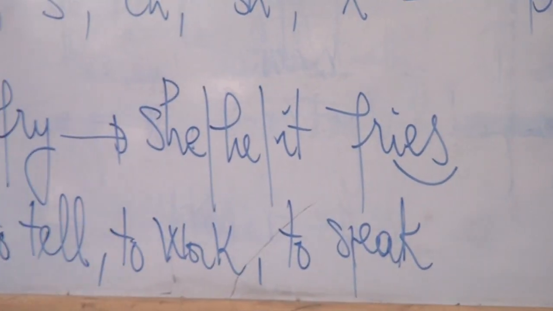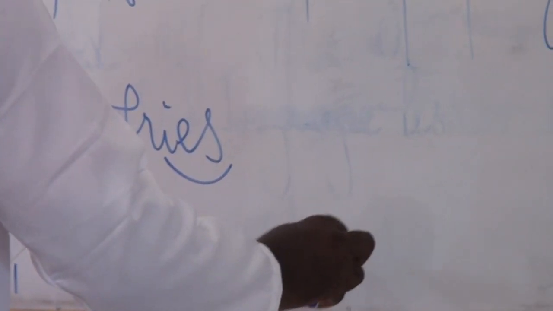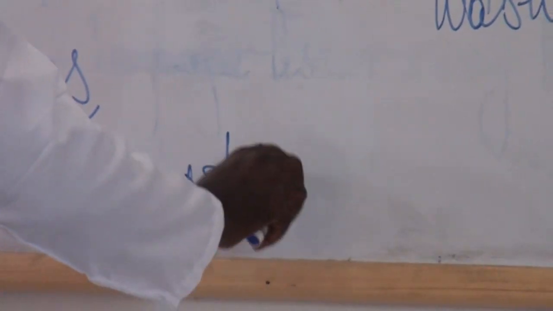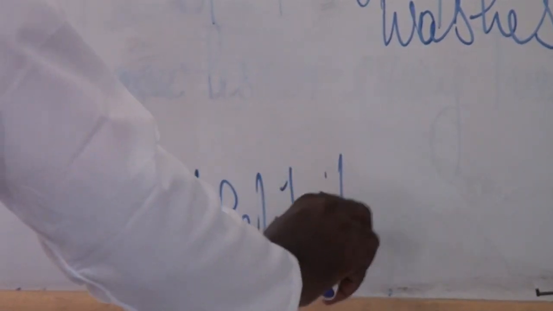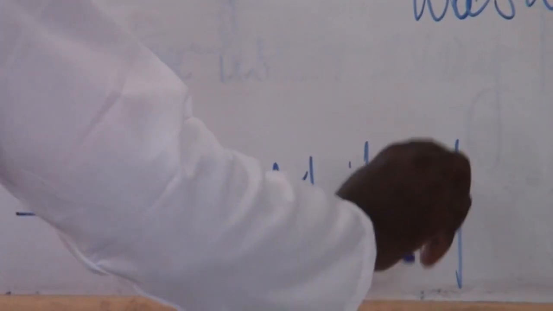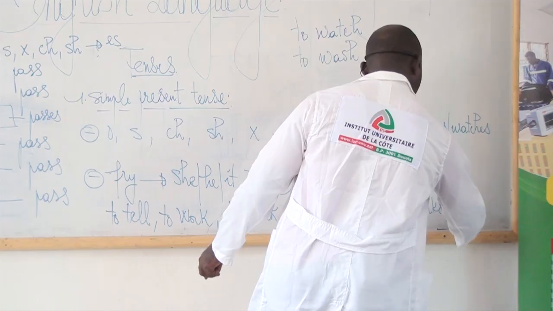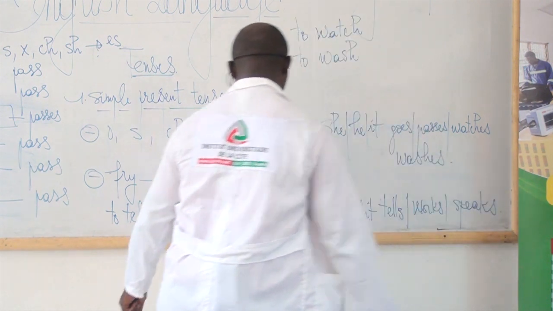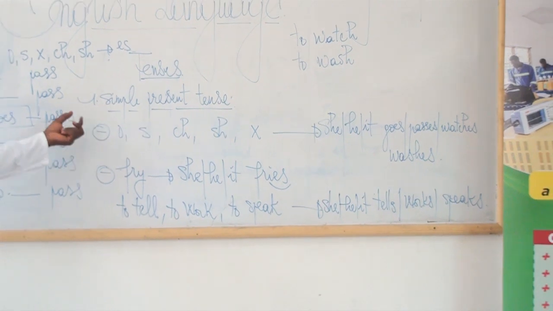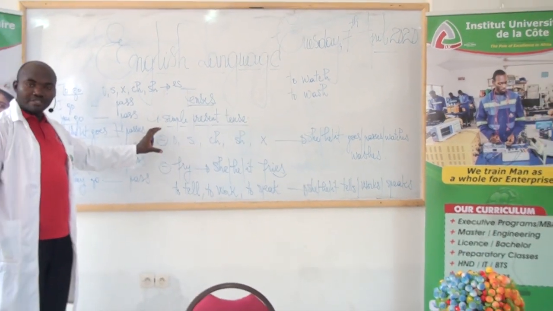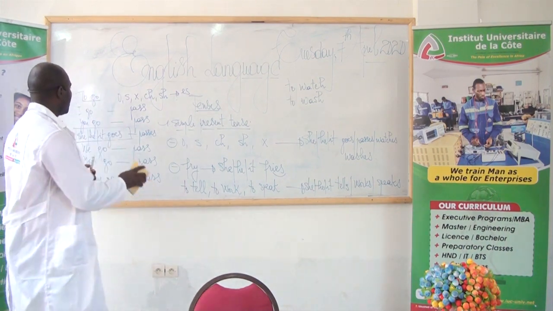Here, at the third person singular, you simply add S. For example, you will say, she or he or it tells, works, or speaks. So, this is what we can retain as far as the conjugation of a verb into the simple present tense is concerned. Now, we are going to continue with the